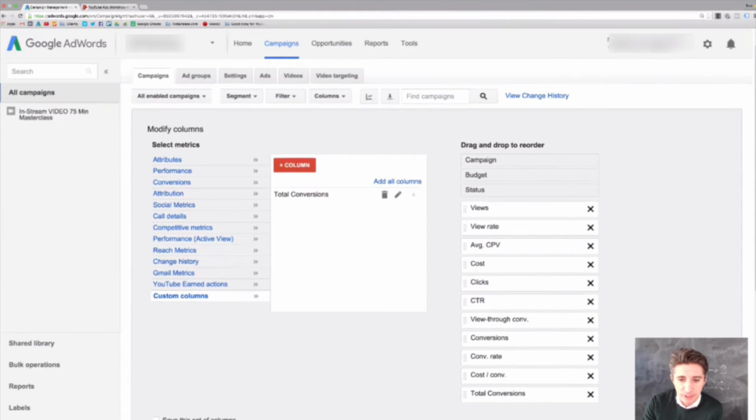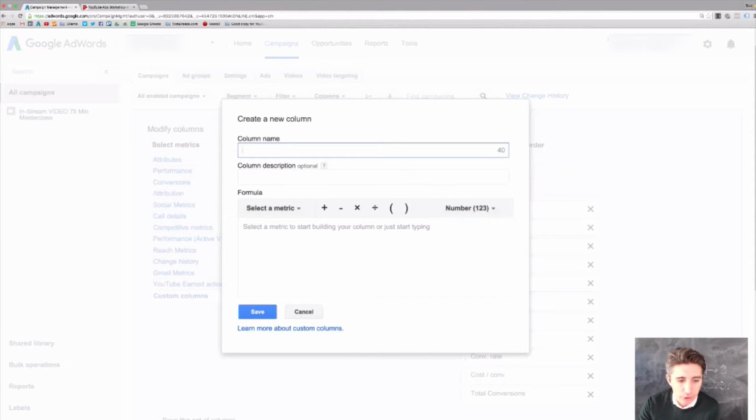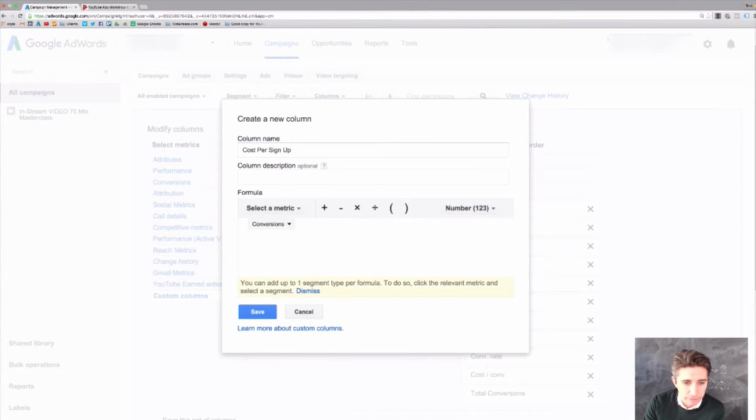So then I'll save that and make sure it's added. I'd actually get rid of most of this stuff, but I'll leave it in there for now. And then you've also got cost per conversion. Now it's going to be cost per normal conversion, not a view through conversion. So we can add another column here and make a new formula. Let's call it cost per sign up, because it's a sign up to my webinar. Sorry, to my video. So I'll go conversions plus view through conversions. Put that in brackets,